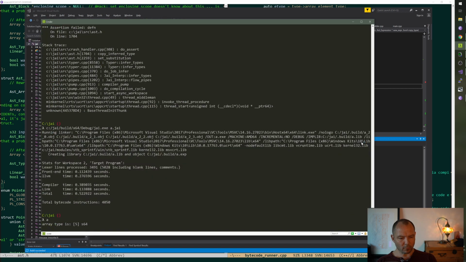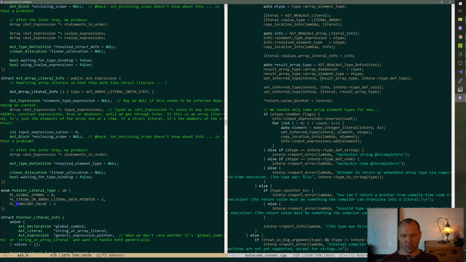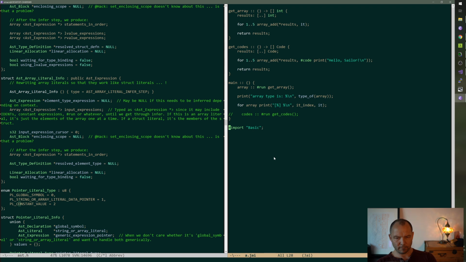All right. Array type is 5 of S64. That is correct. However, we did not then go on to print the elements. Which kind of sucks.